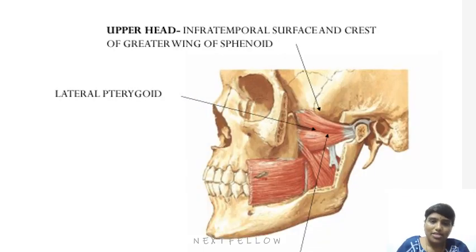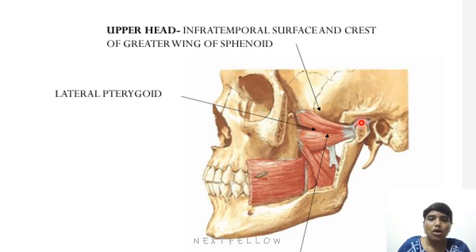Lateral pterygoid muscle, it has upper head and lower head. Upper head is small and it is taking its origin from the infratemporal surface and crest of greater wing of sphenoid, whereas lower head, it is taking its origin from the lateral surface of lateral pterygoid plate. Upper head and lower head, they are inserted onto the neck of mandible and anterior part of articular disc of